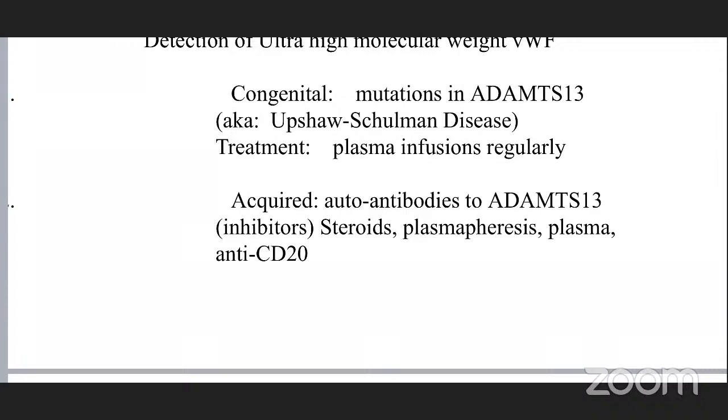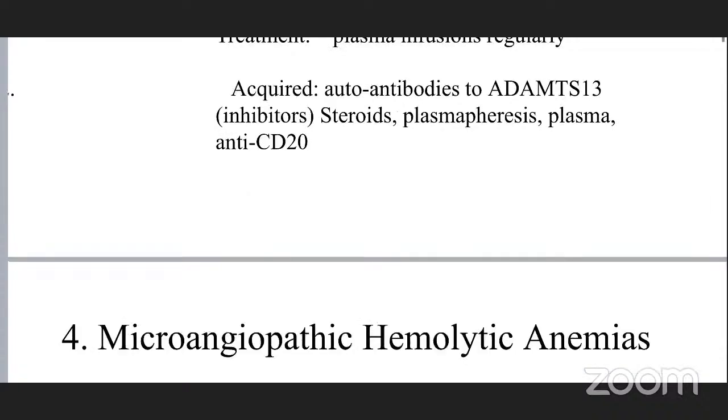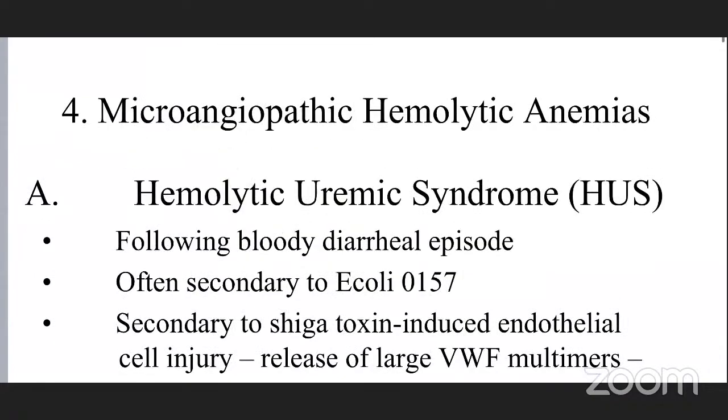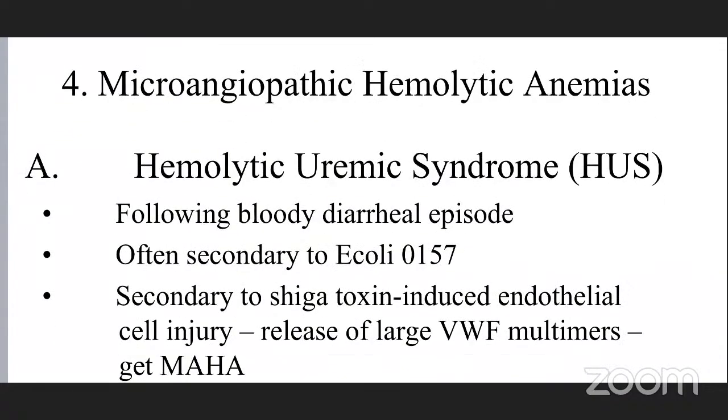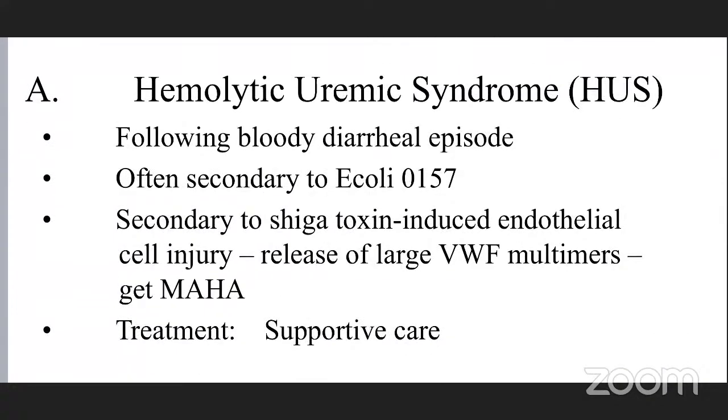treatment. If it is acquired, we need to give steroids, and also we need to do plasmapheresis. Sometimes they give rituximab. So secondary, the treatment is by different modalities, but in acquired usually we need to replace the plasma itself. This is about TTP. Then we can go to hemolytic uremic syndrome, usually following bloody diarrhea, and often secondary to